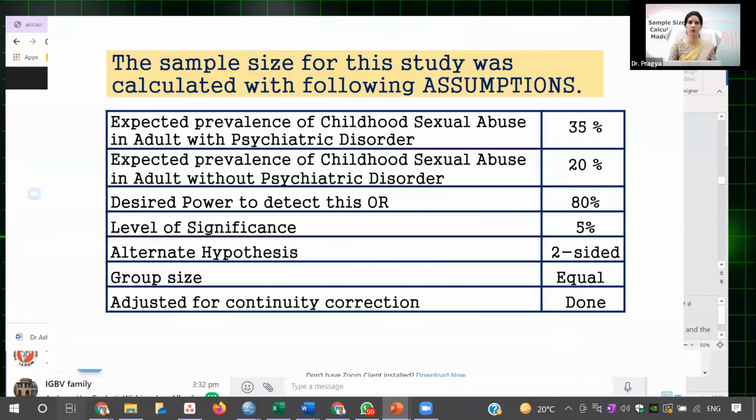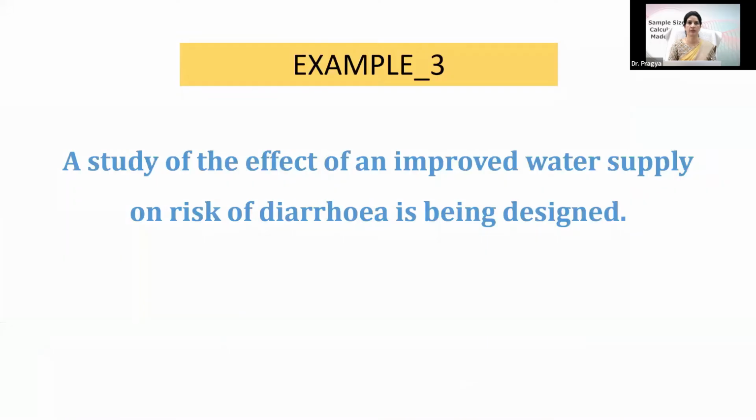So yes, some few more examples. So this is one example where there was an intervention actually. You want to see the effect of an improved water supply on risk of diarrhea. So what is the exposure here? All of you please type, what is the exposure here? And what is the outcome? Water supply. So improved water supply will not be the exposure. Here it will be the not improved water supply that will be the exposure, and the outcome will be the risk of